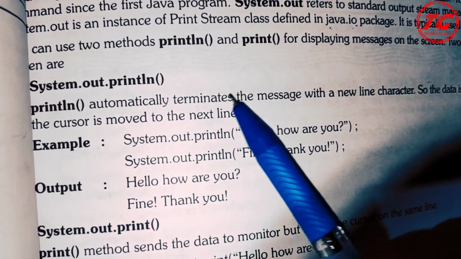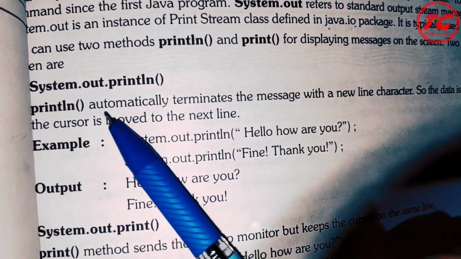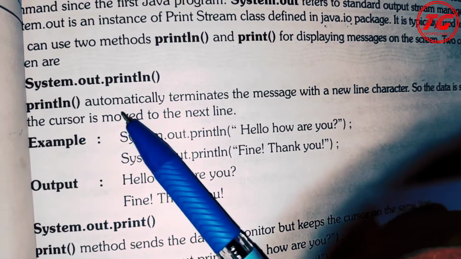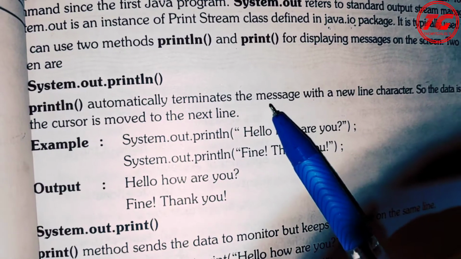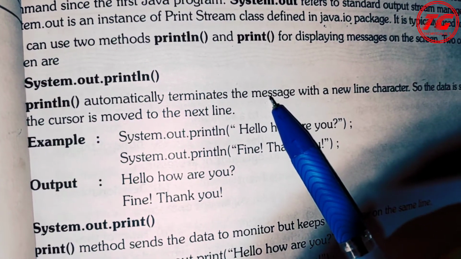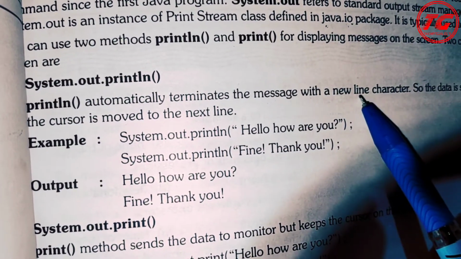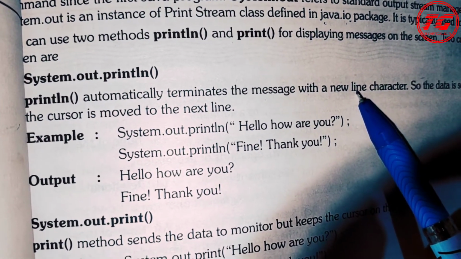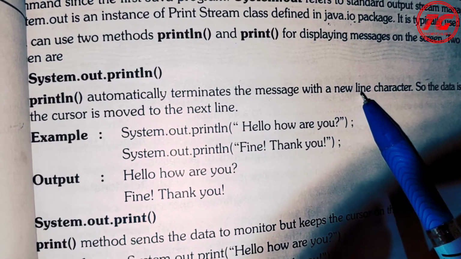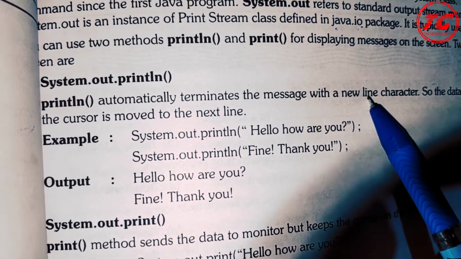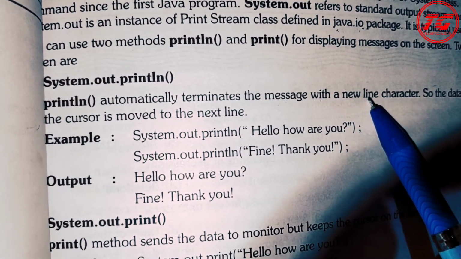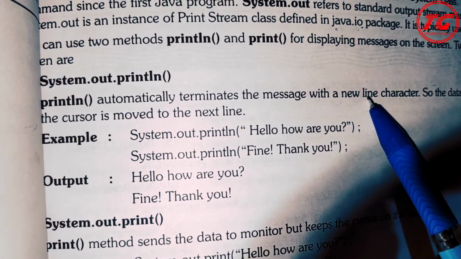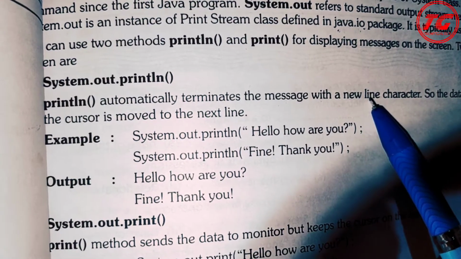It means whatever message you have given to println, it will print that message, and after printing it, a new line character will be added so that the cursor will be shifted to the new line. And if you are printing something again, that message will be printed automatically in the new line.